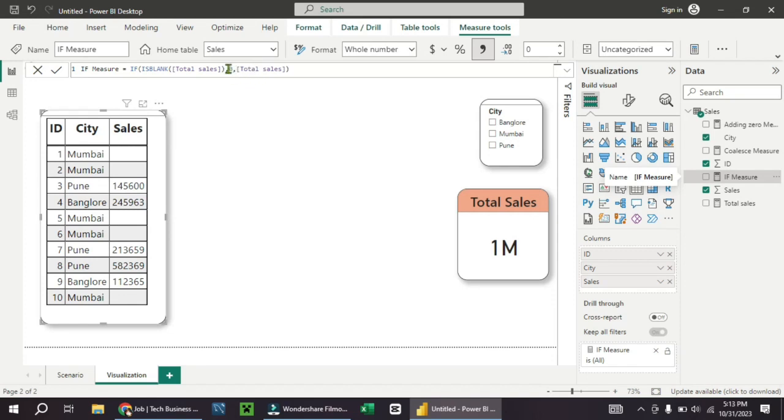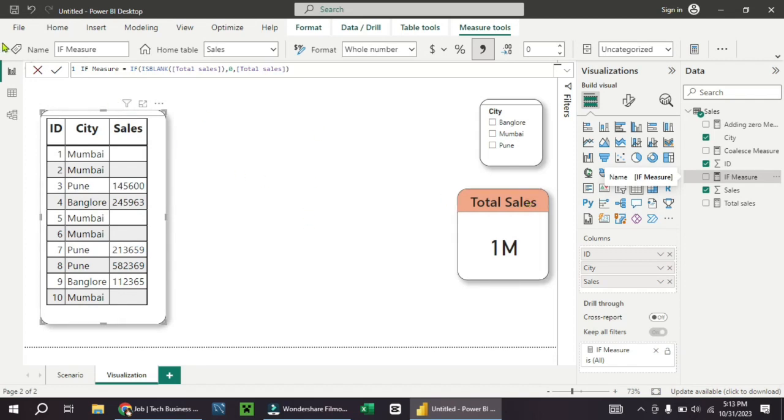If it is true, then we use the second parameter, and if it is false, then we use the third parameter. So here our condition is if it is a blank value, then you should display 0. Otherwise, whatever total sales is there, you mention it.